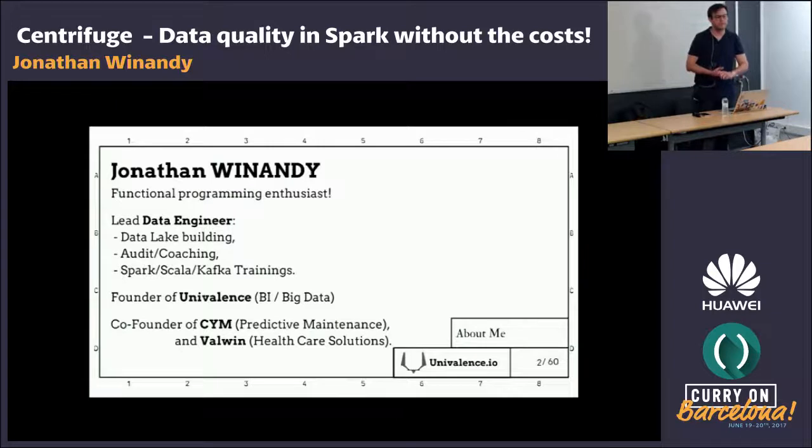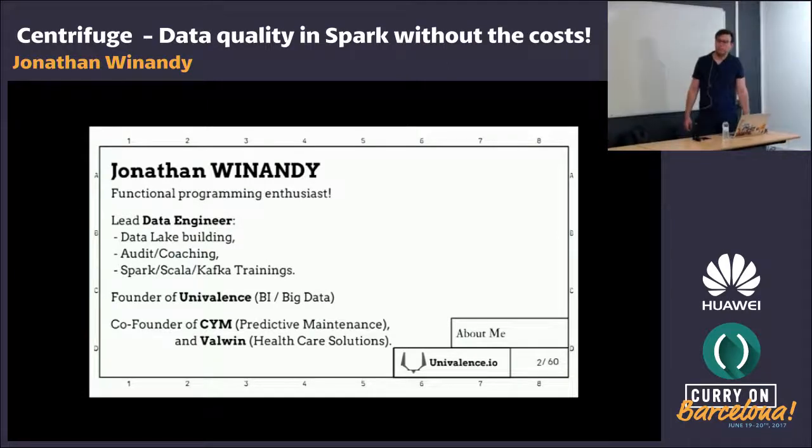I help a lot of teams in France to build better data platforms in large corporations. I also co-founded and founded a couple of companies around data, predictive maintenance, healthcare solutions, and currently BI, business intelligence and big data.